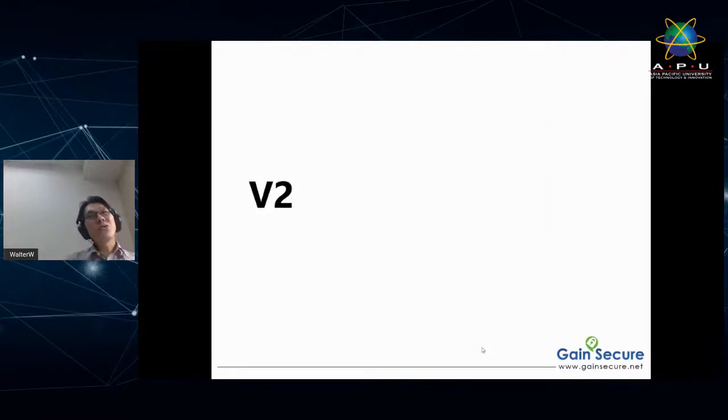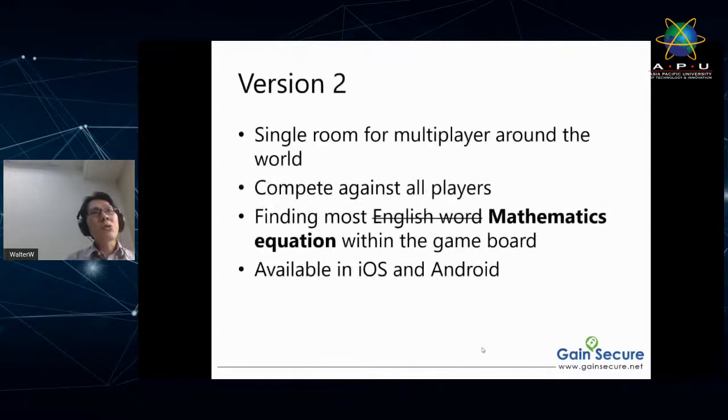And then we move on to version 2. We move on to version 2 because we believe there's potential in this. And of course, from a normal Windows tablet or playing on a desktop, we want to move on to a broader audience such as iOS and Android. So what happened here is we take our initial goals. If you see the 1, 2, 3 points I'm talking about, I just add one more. The goal is very straightforward: the next goal is to make the game available on iOS and Android, right?